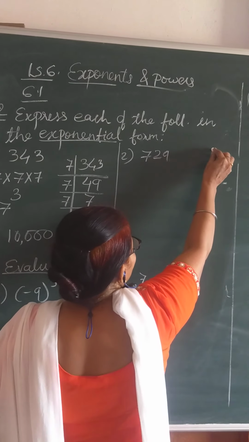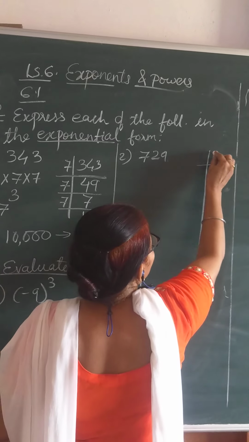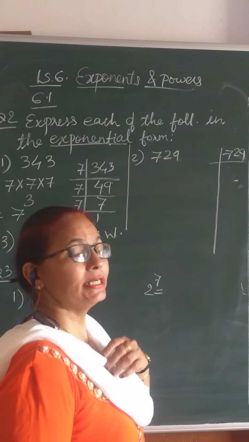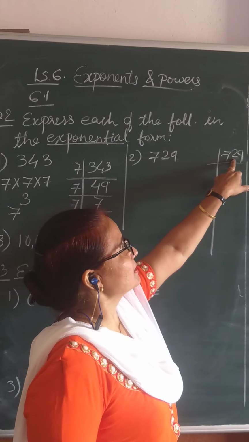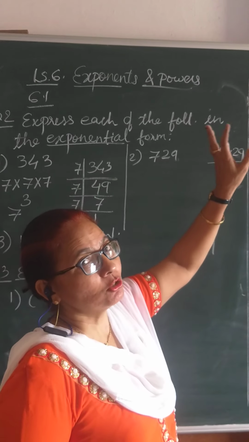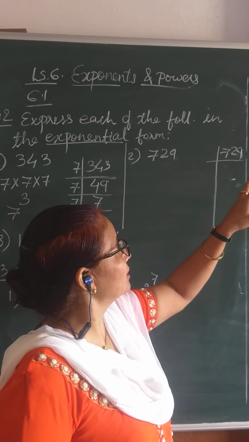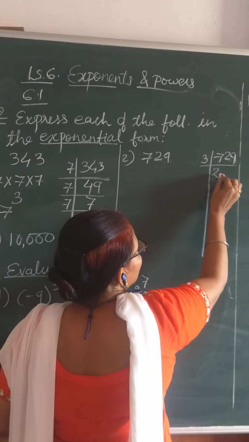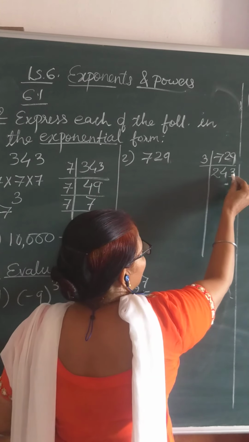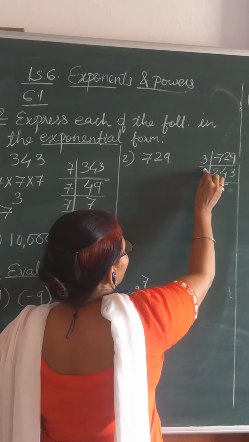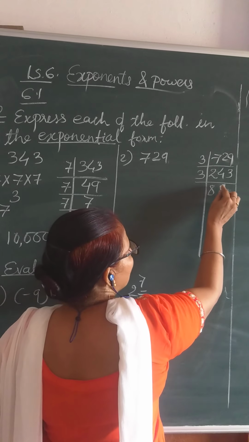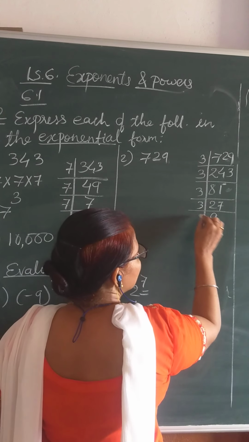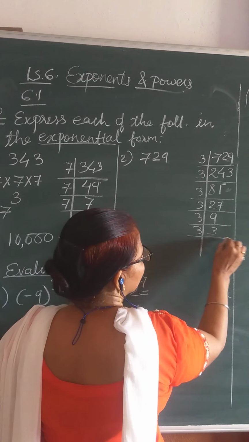729. Now first of all again you will find the factors of 729. Now you know children, it is not divisible by 2. Let's see the test of 3. 7 plus 2 plus 9 is equal to 18. As 18 is divisible by 3, it means 729 is also divisible by 3. So how many times? 3 twos are 6, 3 fours are 12, like this. Again see, it is again divisible by 3, 3 eights are 24 and 3 ones. Again 27, 3 nines are 27, 3 threes are 9 and 3 ones.